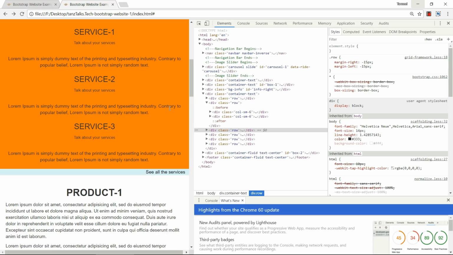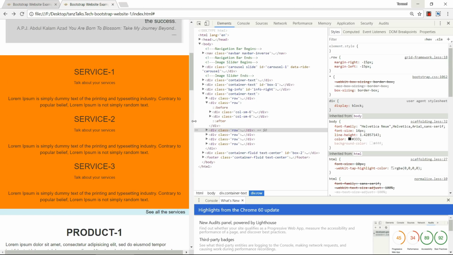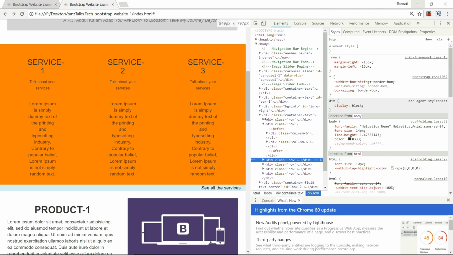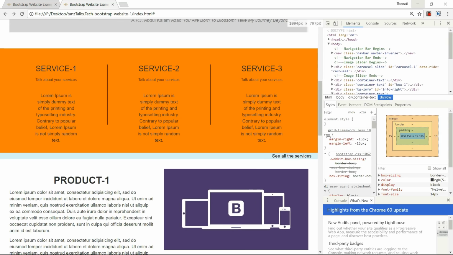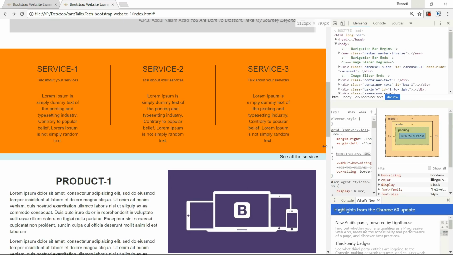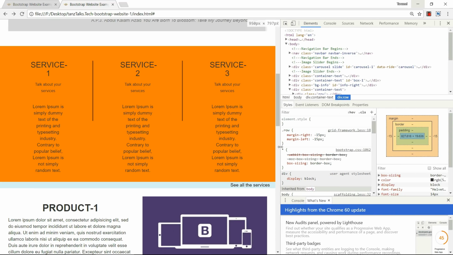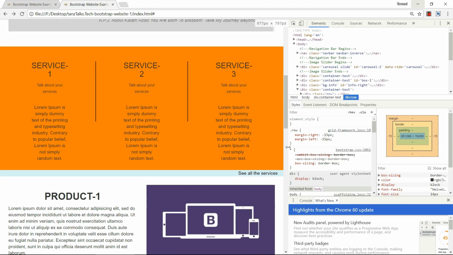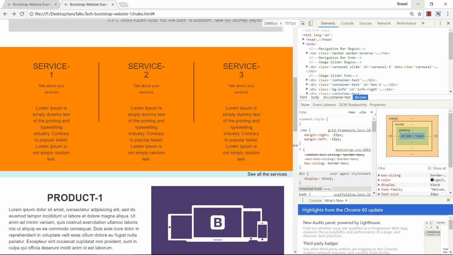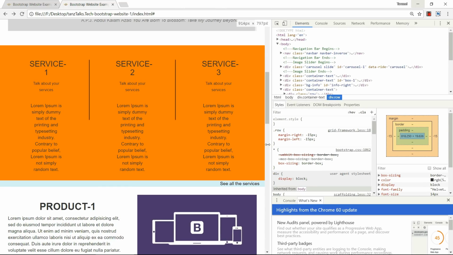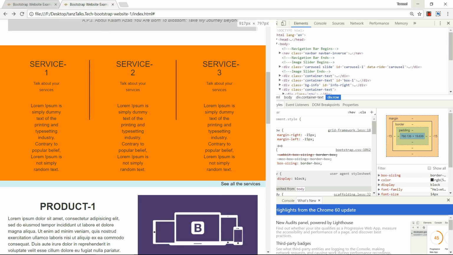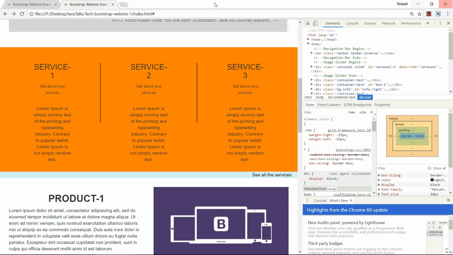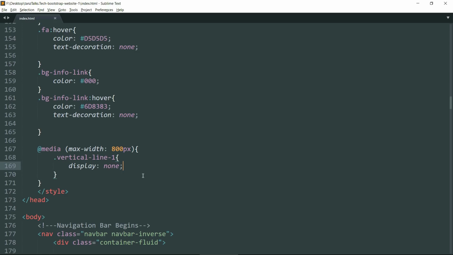It's fine. For bigger screens it is fine, but for smaller screens we need a bigger line. Let's add another media query.